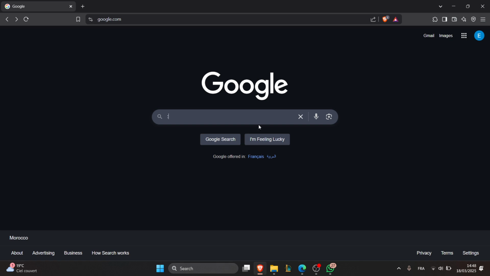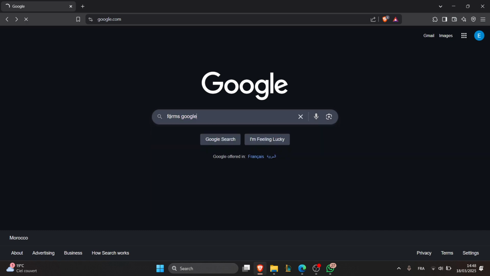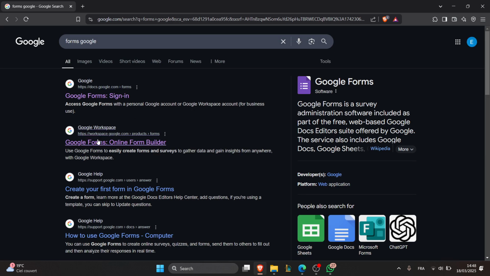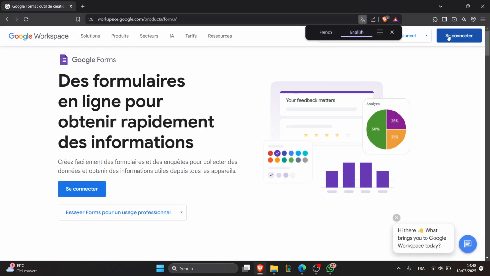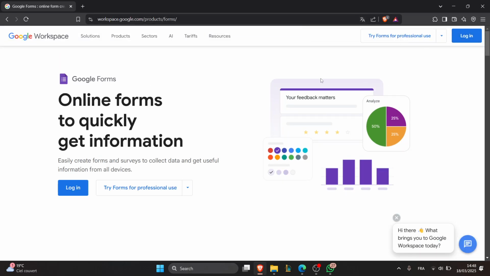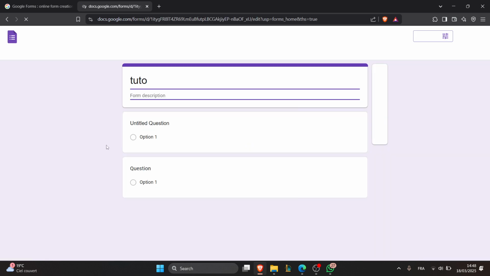The first step is to open the Google Form. And to do that, just go to forms.google.com, click on it, and once the website workspace.google.com/product/forms appears, click on it and make sure you log in using your Google account's credentials. Once you log in, you're going to be directed to your Google Forms account's dashboard. From here, select the form you want to delete the responses in,